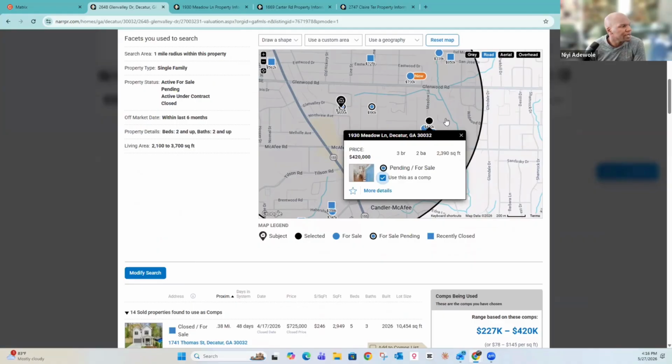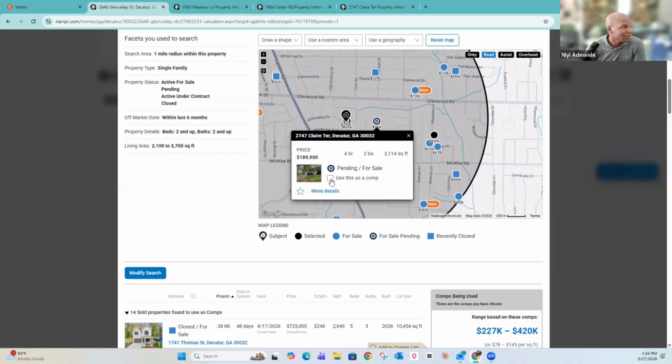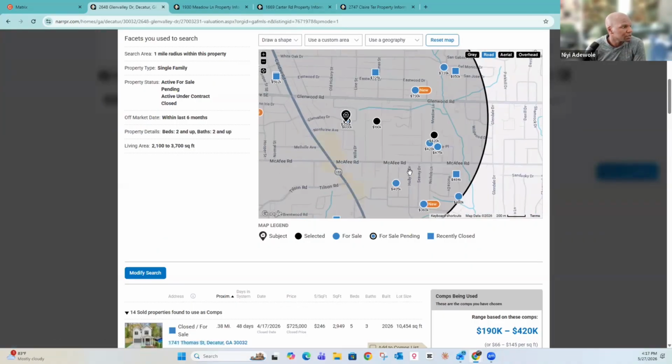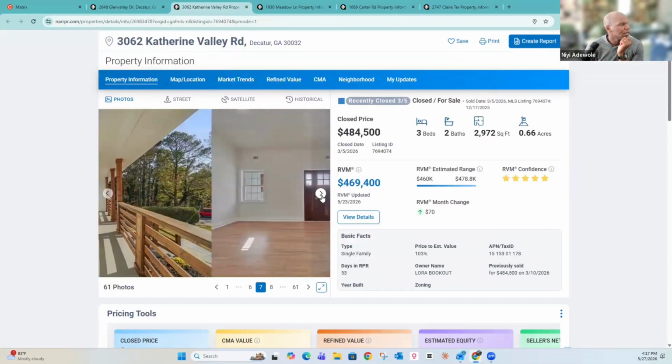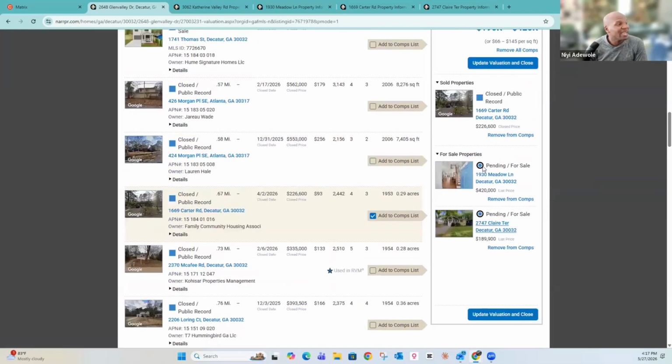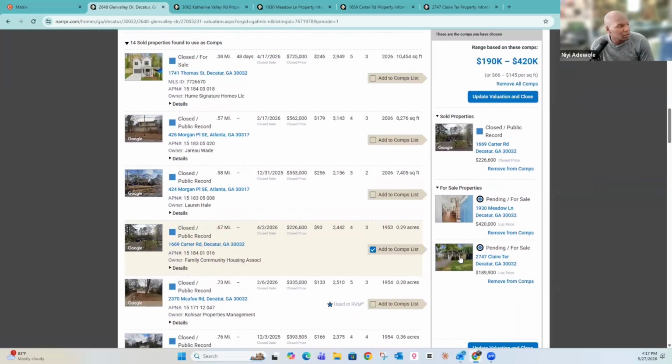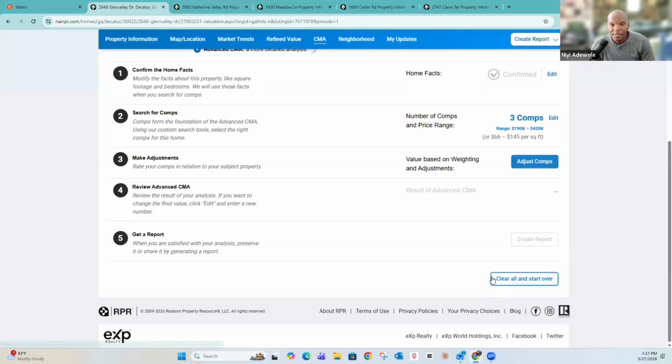I'm going to pull this one in and make adjustments. We're going to pull in the 190 because this is literally next door and make adjustments there. What is this one? 3.2, 2,900 square feet though. And it has a garage. Okay, we're going to rock with these ones. So we have 3 comps that we're going to roll with. So I'm going to go ahead and update valuation. And then now we're going to start making the adjustments, which is where the magic happens.